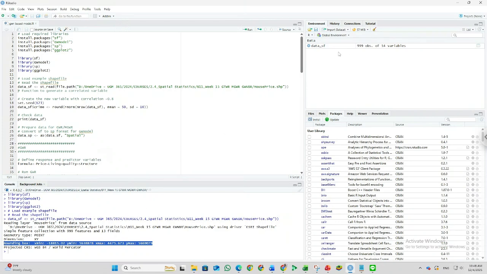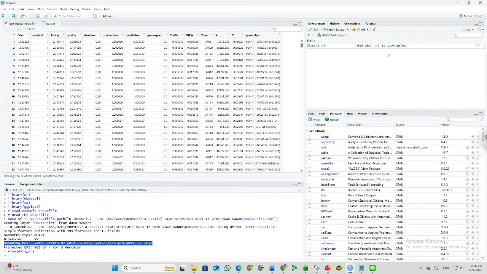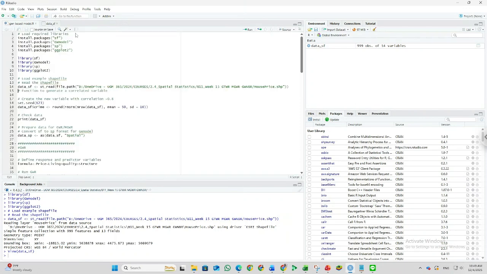We can also check our data here. You can see the data has 999 rows, and we have 14 variables or columns. This is the column of the variables of the data. We have the price, this is the house price, constant, living, quality, structure, renovation, condition, green space, traffic, fuel, time, and X, Y, and geometry. And we can check the data. So the data is ready to use to run the